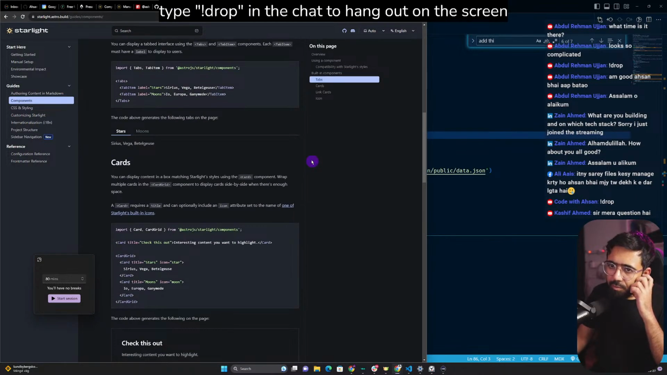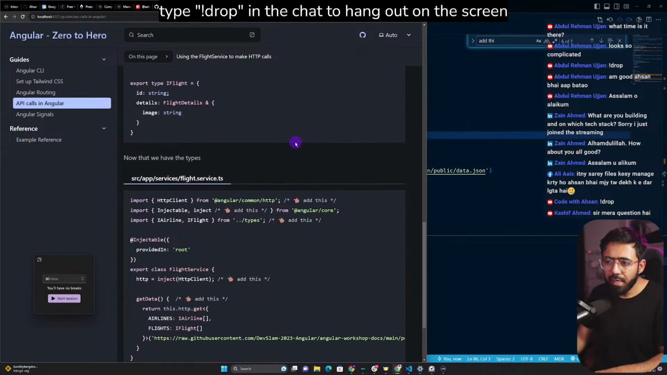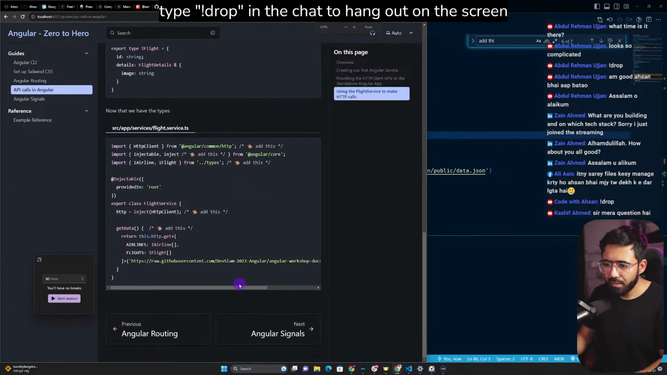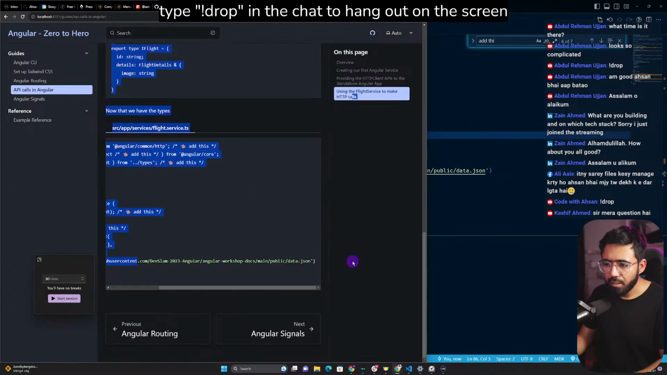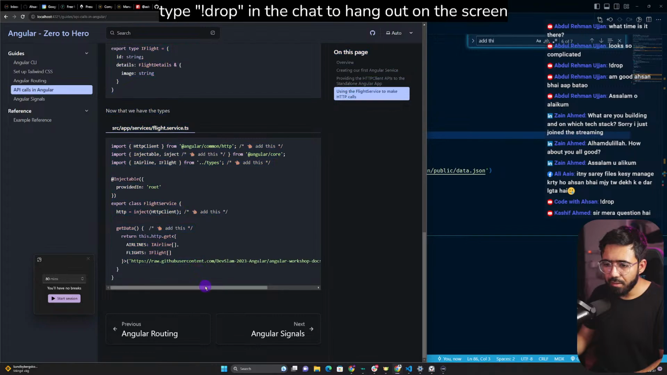So we have built-in component. No, not that one. Where's my, here? So then we have a flight service. So we add the URL right here. So we can get that really quick. Once we have this, we should be able to make the HTTP call, but